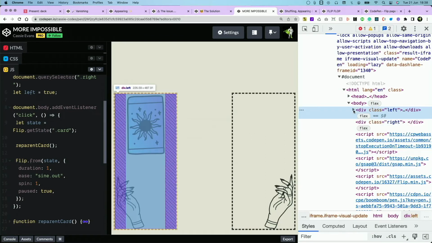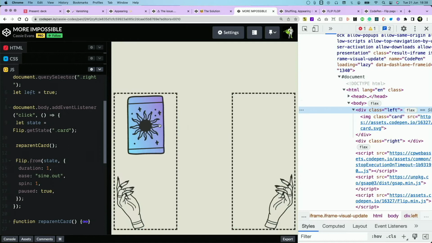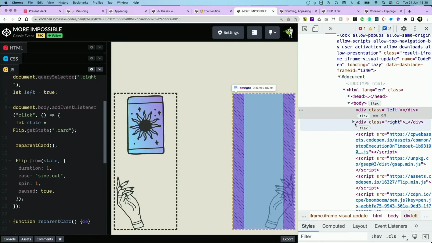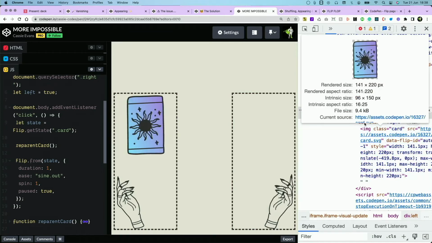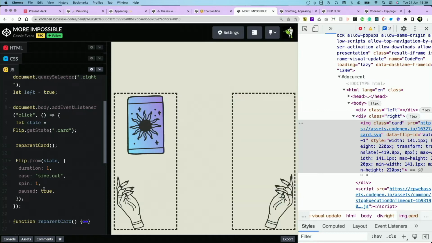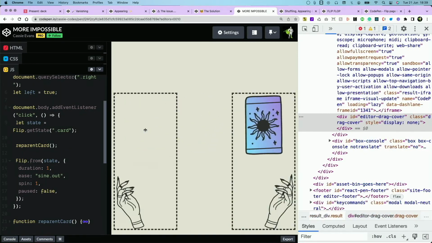So we've got the card in the left hand here, and then we've got the right hand, and if we click on it, it hasn't moved, but you can see that it's actually in the right hand now. So that's where the card actually is in the DOM. And then if we take that off, then it will actually play. So that's the browser sleight of hand. And looking in the DOM, it feels a little bit like looking behind the magician's curtain.